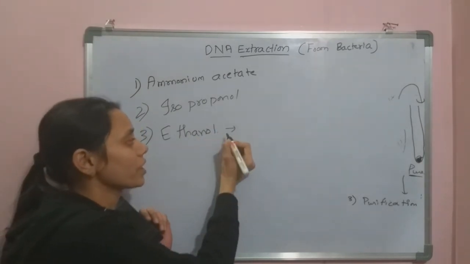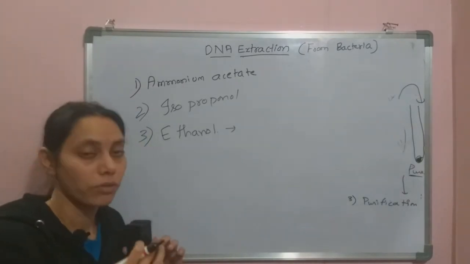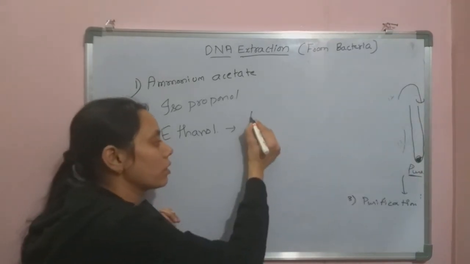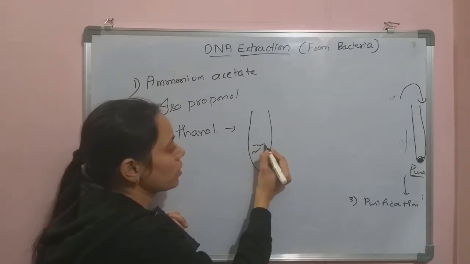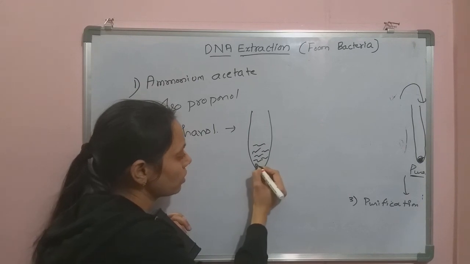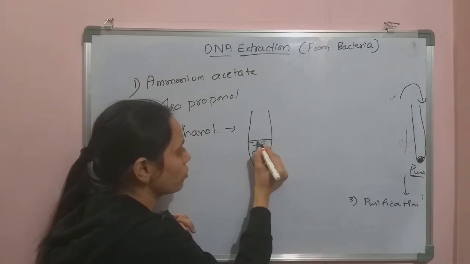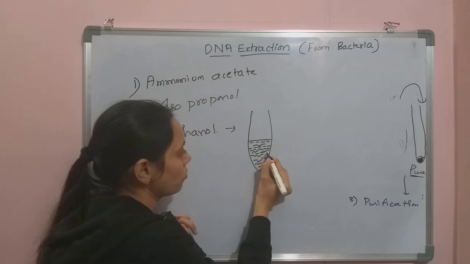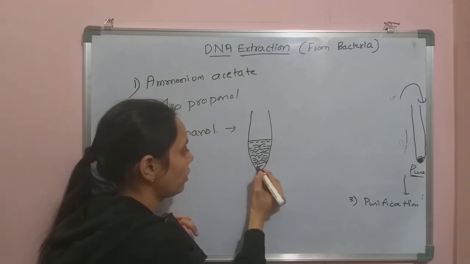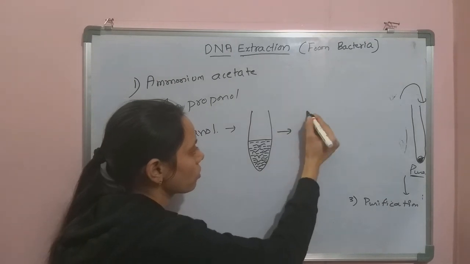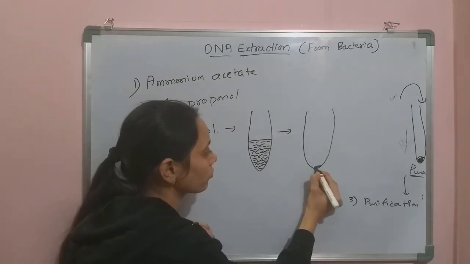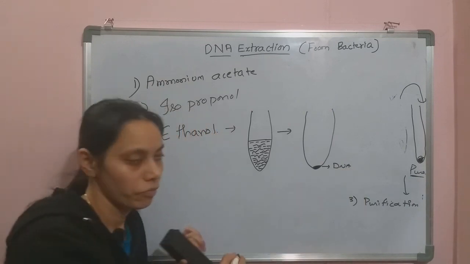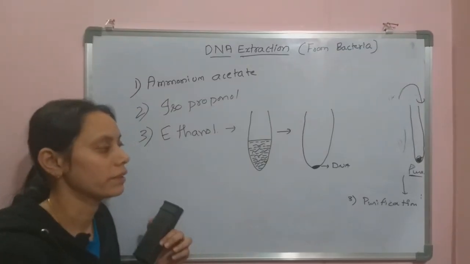Ethanol breaks the solvation shell around the DNA so that the DNA is no longer soluble in the aqueous solution, so the DNA will be precipitated and it forms very thin thread-like structures in the aqueous solution, which can be visualized with the naked eye, and just by centrifugation we can make a pellet of DNA, pure form of DNA. So that is how we isolate the DNA.